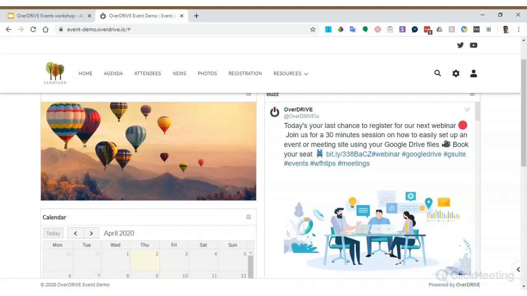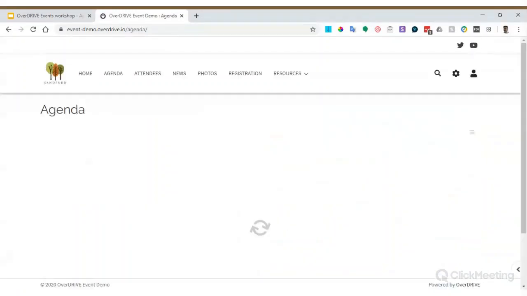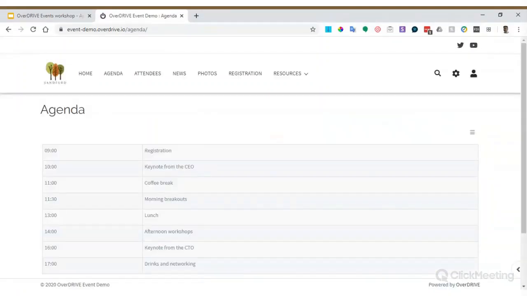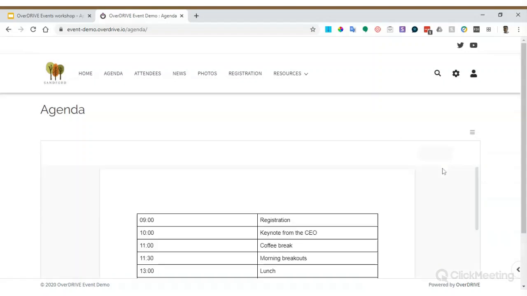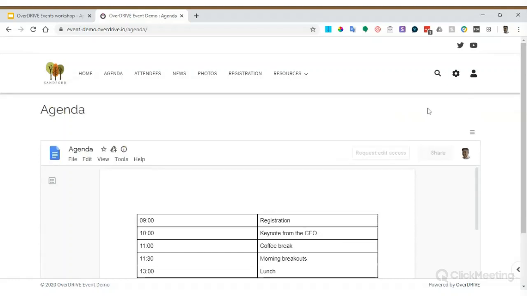One of the great features of Overdrive is its ability to display content in different ways. And the agenda page here shows an embedded Google Doc. So here we take the contents from a doc and embed them directly onto the page. And we can also provide the ability for your users with access to the site to edit the document on the page without ever leaving Overdrive, giving much more functionality to the site. It is possible to share other types of content with users on the site too, such as, in this case,